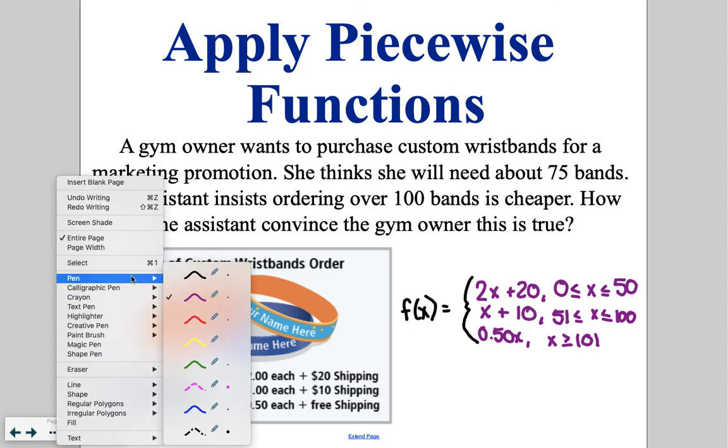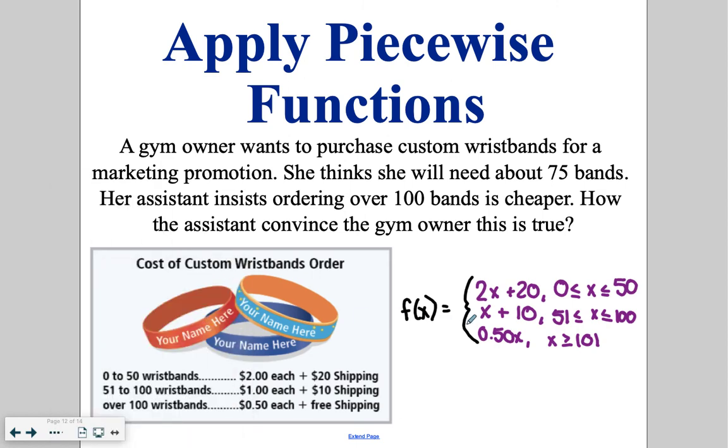Now, we're looking at purchasing 75 wristbands. If we're purchasing 75 wristbands, that's going to fall into our middle category. So we would plug 75 in for x. So 75 plus 10 is equal to $85. So if we buy 75 wristbands, it's going to cost us